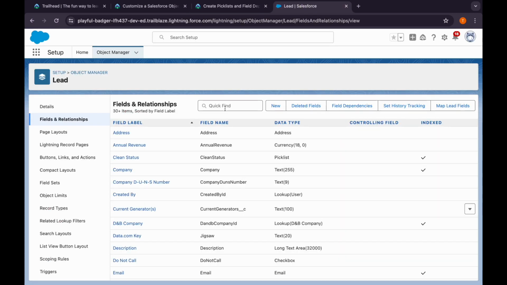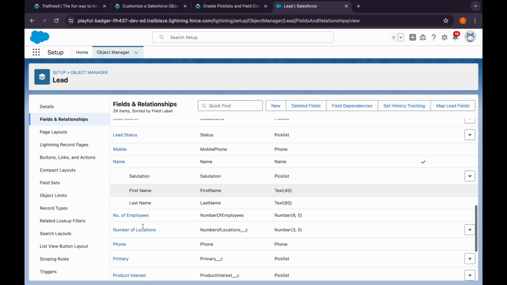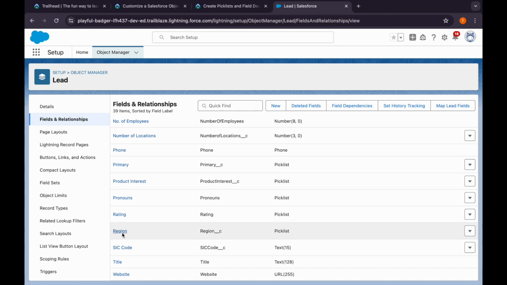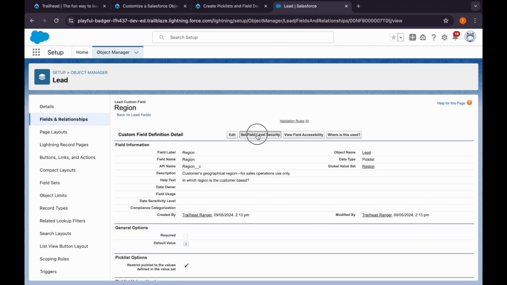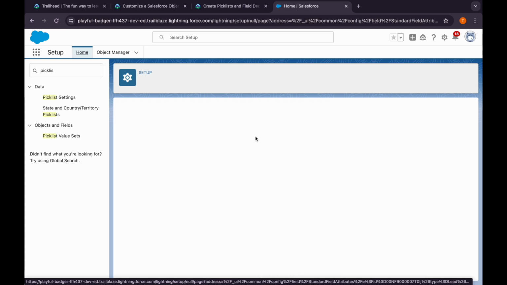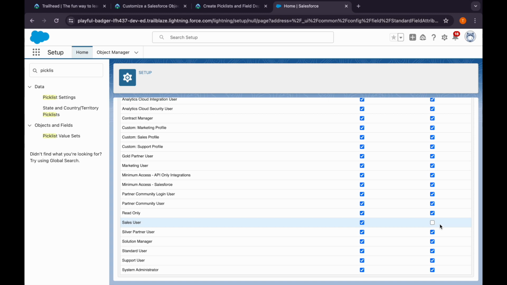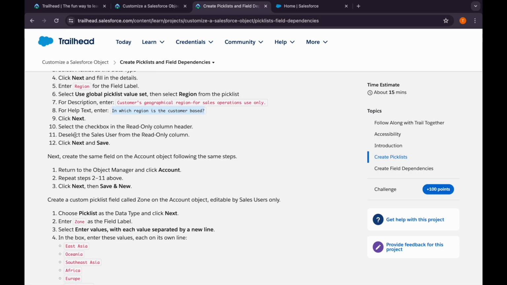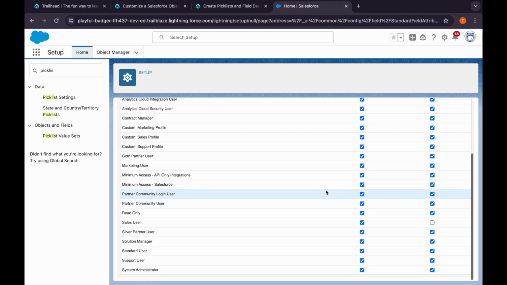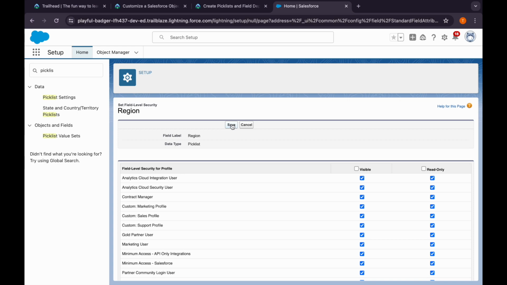Okay, so again we did this wrong. If you notice, we'll click on this again. So I was correct earlier. If we want to make a field editable, only the visible checkbox for a particular field should be selected. So we deselect this and selected the visible. So if you notice here, select the checkbox in the column header, so all the profile will be selected, then deselected from the read only column. So visible checkbox will be selected for that particular profile. So we will save this,